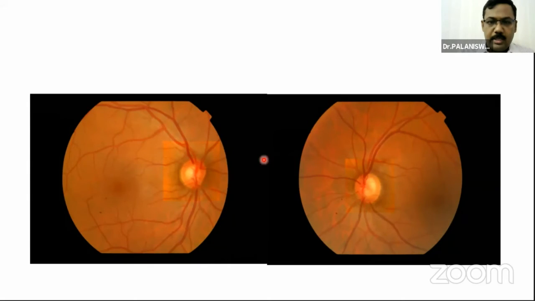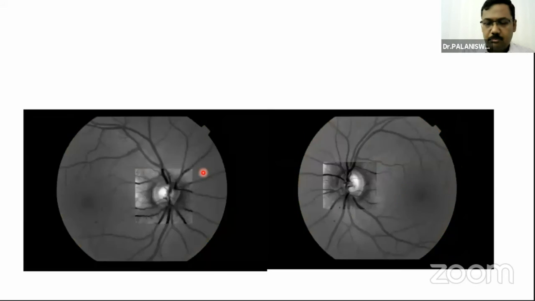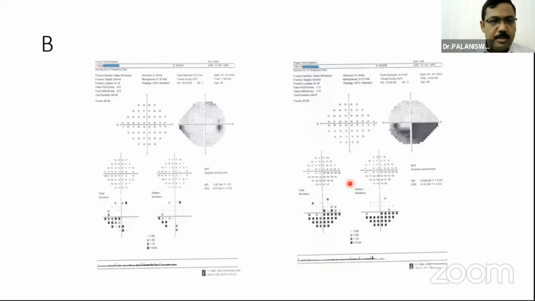The right disc looks near normal. Again, this is the red-free photograph where you can appreciate the notch. Coming to the next example,